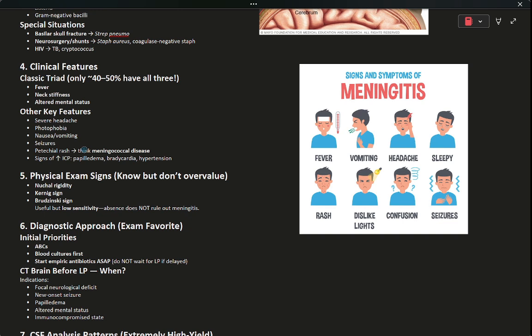Basically, if a patient presents with some petechial rash along with